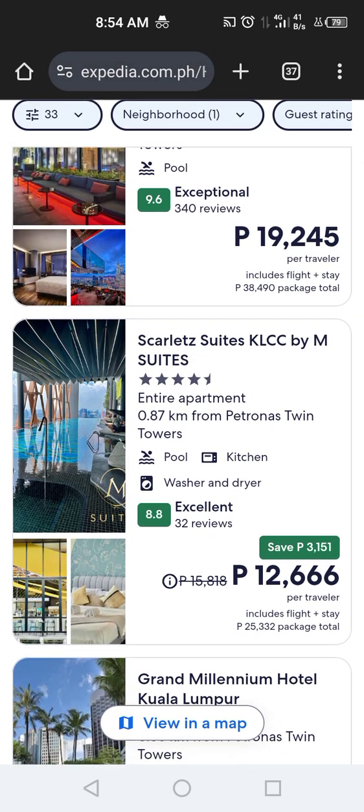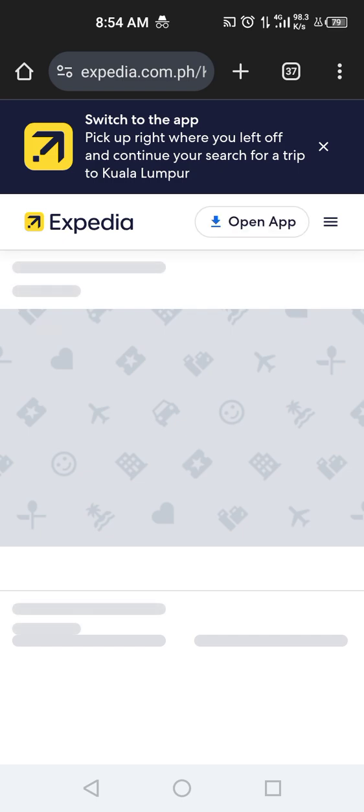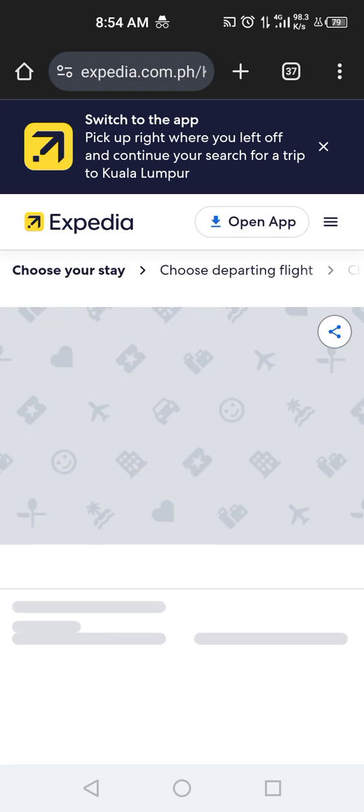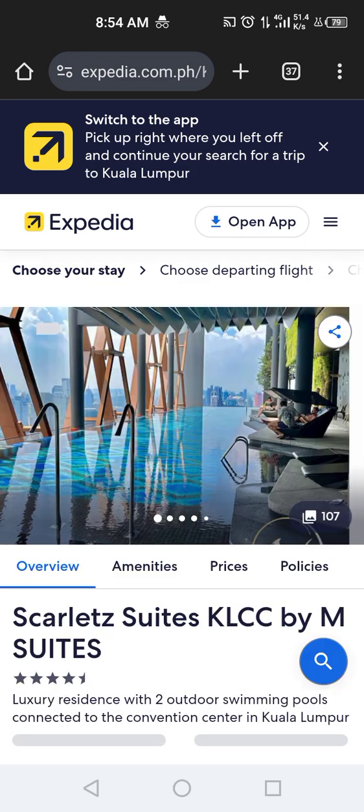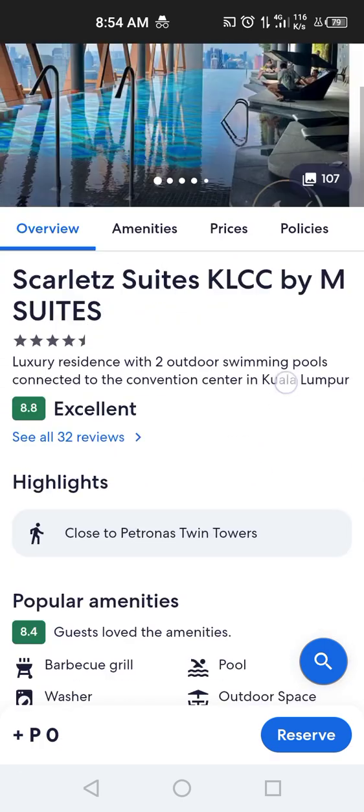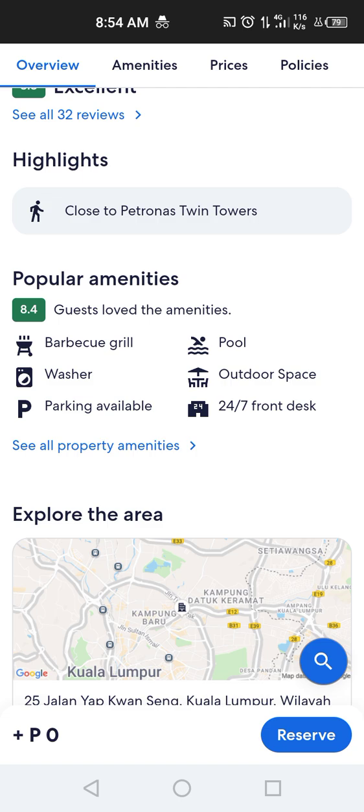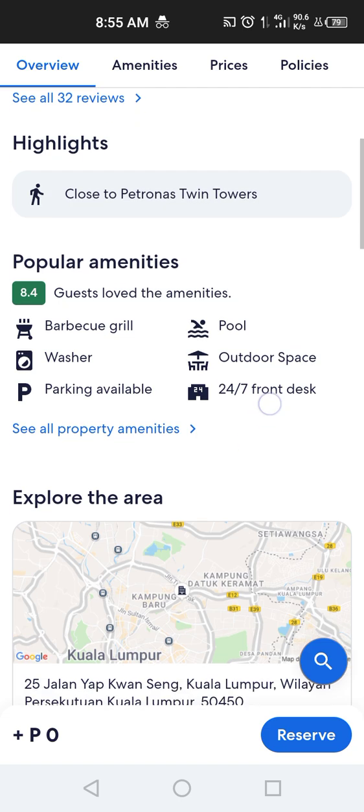Scarlet Suites. LCCM Suites. Okay. Let's click here. Let's choose this one as our five-star hotel accommodation. Ooh, outdoor space.